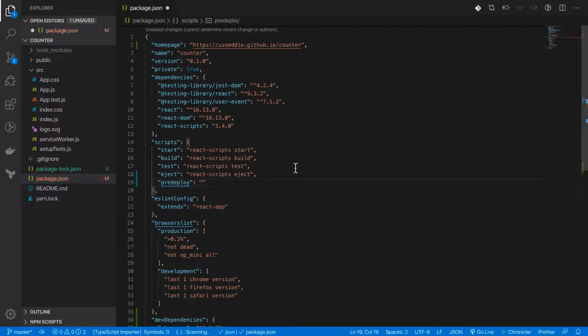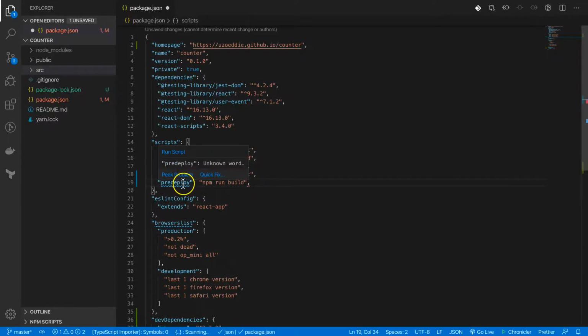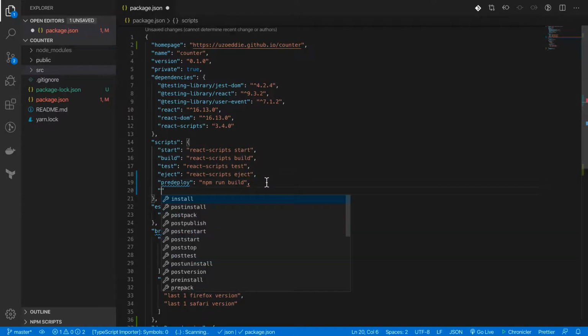Now what we are going to be deploying is whatever will be added in the build folder. So when we run the command yarn run build or npm run build, there's a build folder that will be created, and that build folder is what will be deployed or hosted. So here I'm going to add npm run build. So first it's going to run this pre-deploy command so that it builds the project, and then the next is going to be the deploy command, and this we are going to add